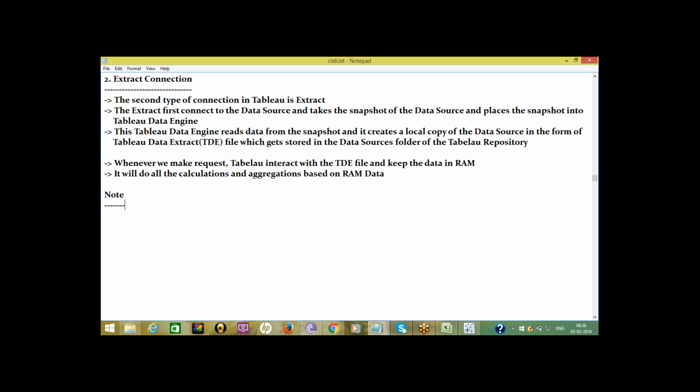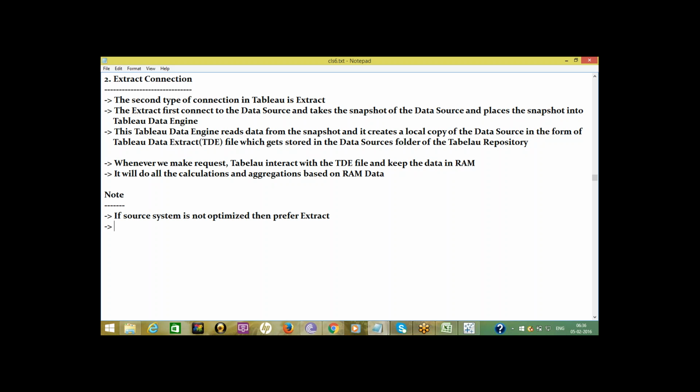Here what we want to remember is, if the source system is not optimized, then prefer extract.